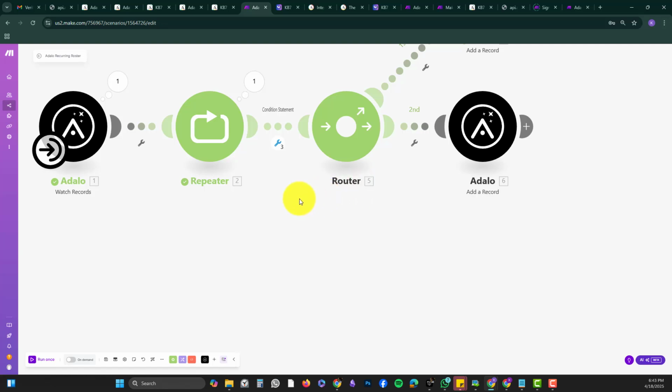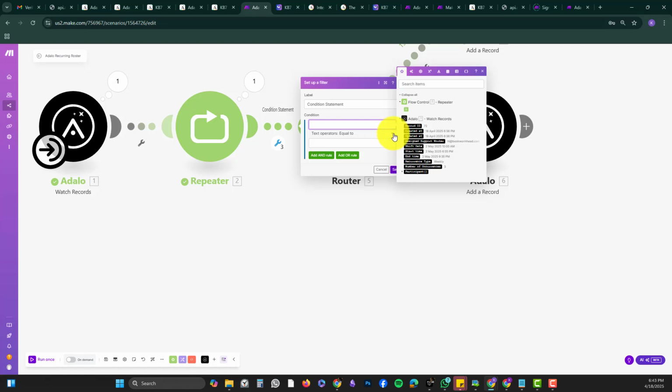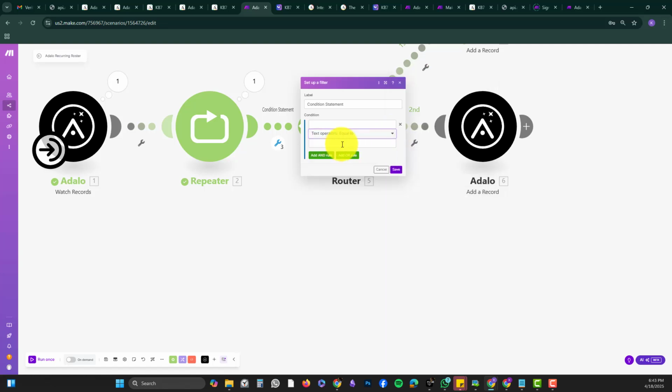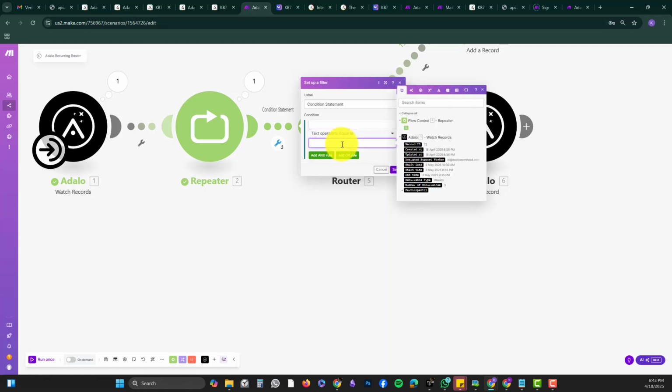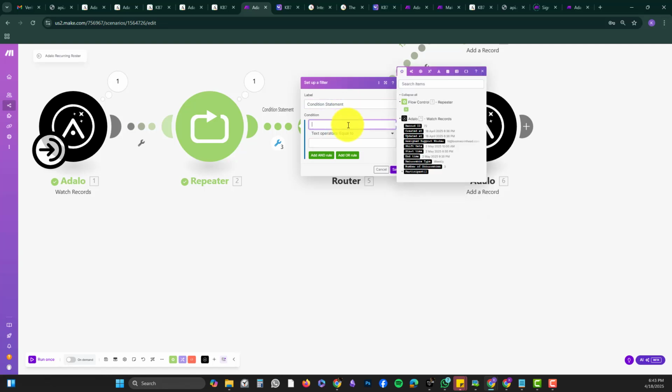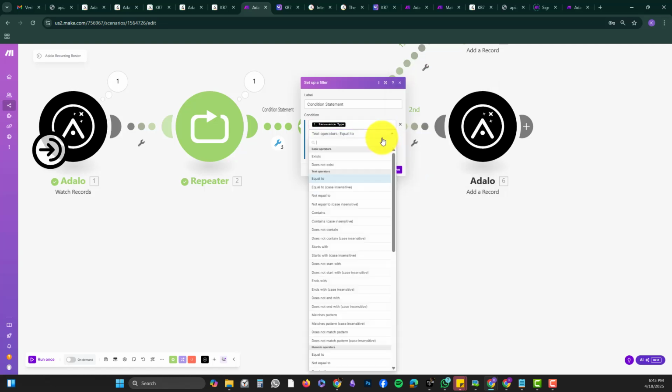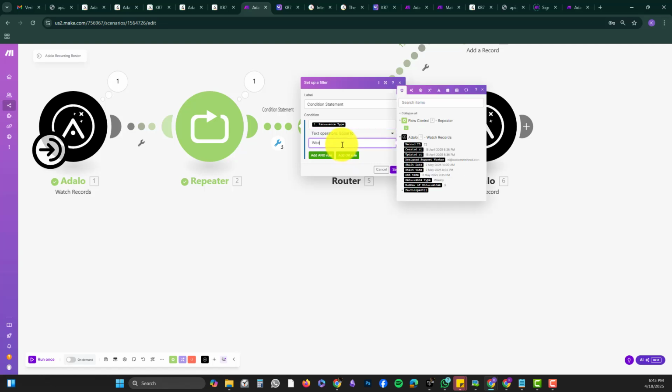So here you can add a conditional statement, like if the recurring type is equals to weekly,